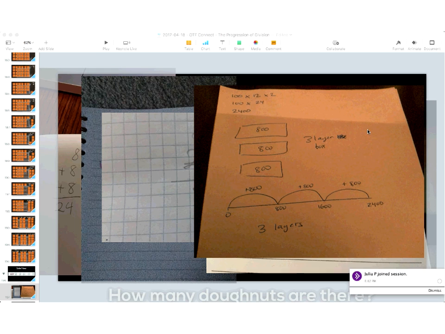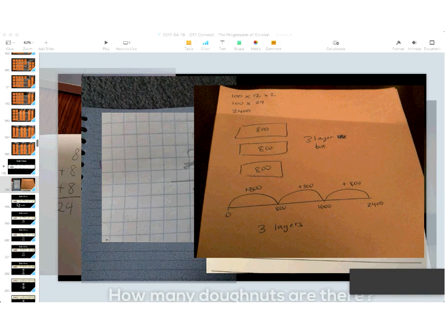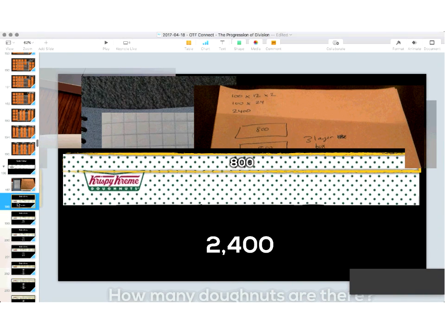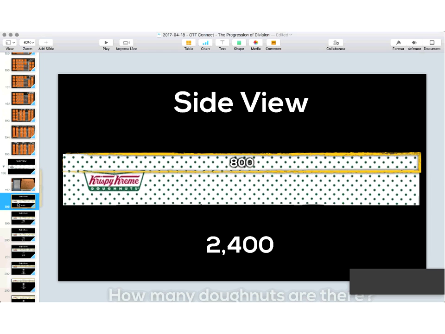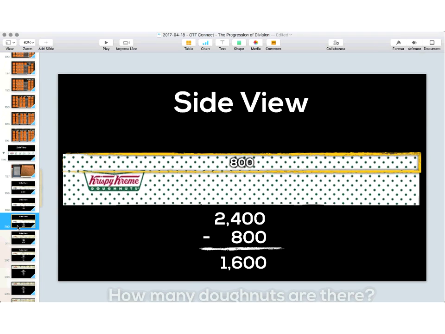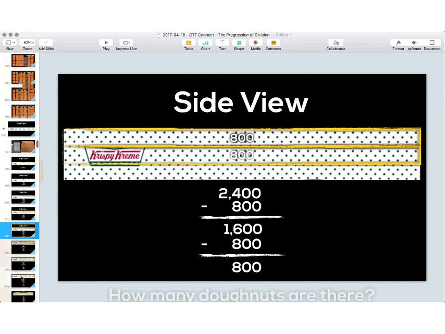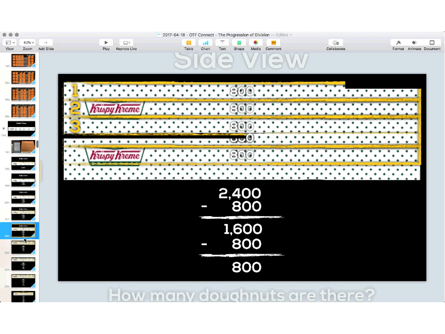And ultimately, what I'm really trying to get at here is I want our students to be able to see that when we look at division, especially early on, and as we move on to more complex numbers, sometimes we forget to come back to what division really is. I heard a lot of people saying repeated subtraction, I heard repeated addition. So just this idea that I can take away 800 from 2,400 repeatedly. I've done this one time, I could do this again, and I can do it a third time.